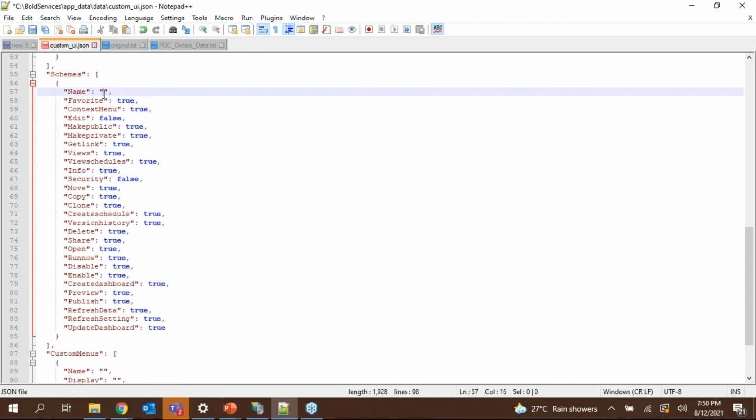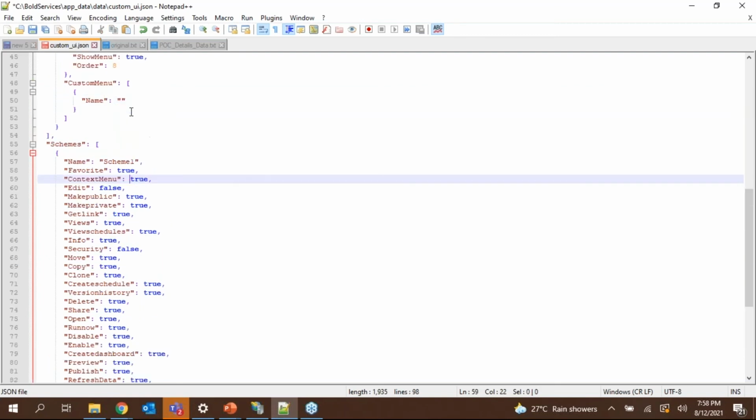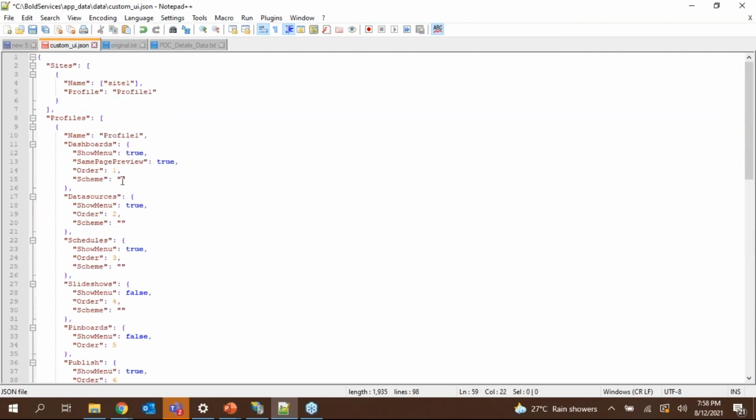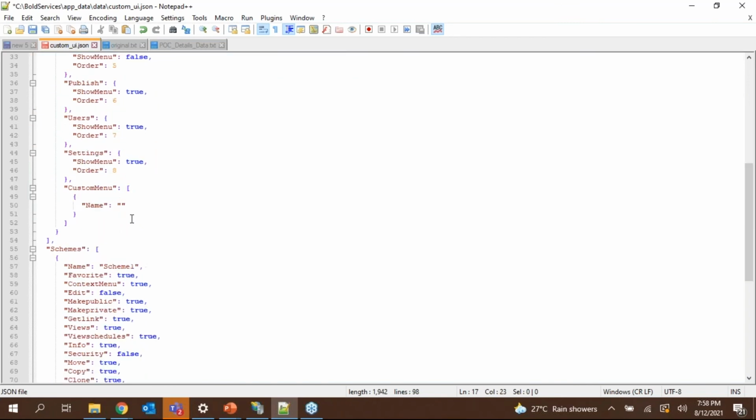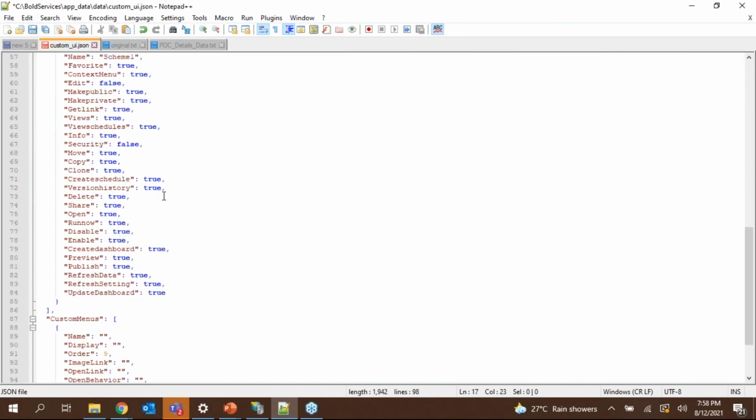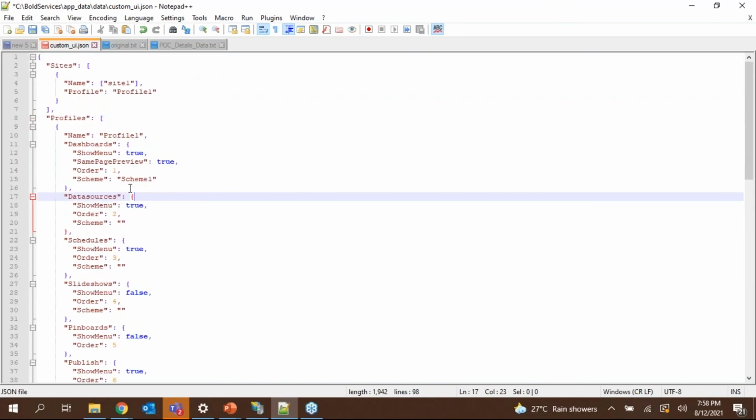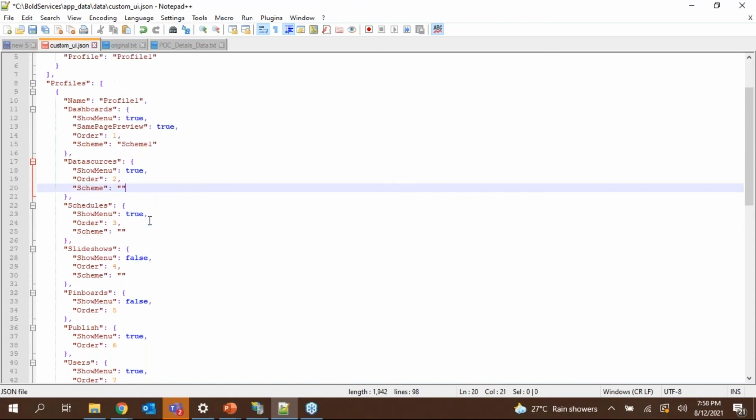You can provide a name for it, scheme 1, and this scheme must pass on the values under the sections. Like I have these context menus under the dashboard, so I'm passing that option here. If data sources have options like preview data, refresh or edit data source, in that case you can make changes to the corresponding options, and you need to provide these schemes for the corresponding sections. So that's the schemes option.